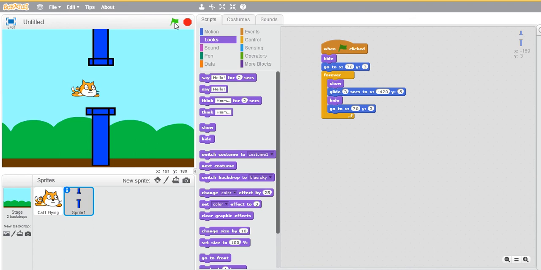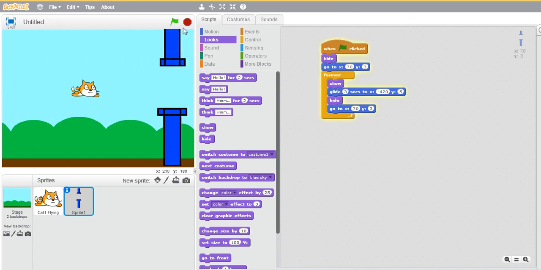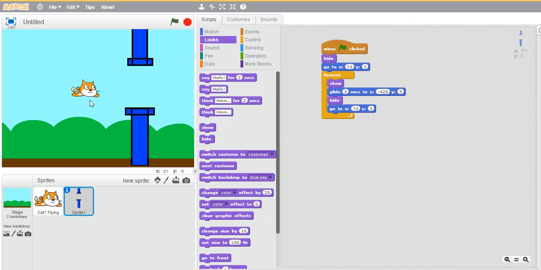So we were at this position. Let me play the video again. So we were at this stage. In today's video, we will be completing this game. So let's get started. The one thing that we need to do now is to have control over our Flappy Bird. That is, we need to make it jump.